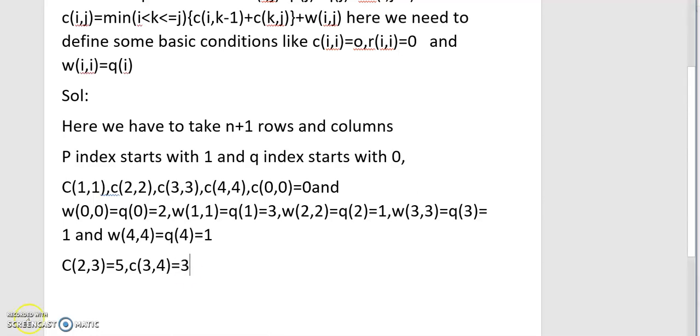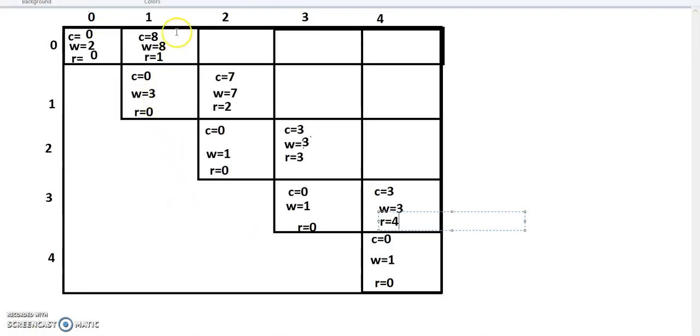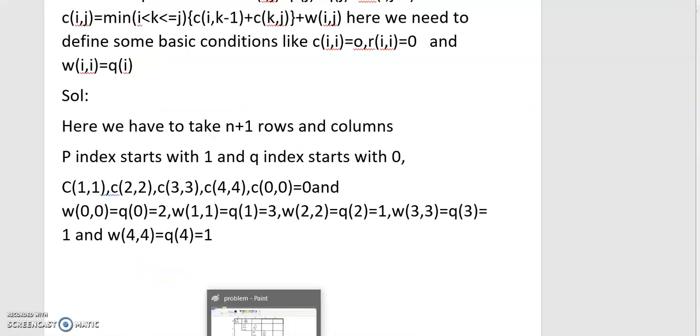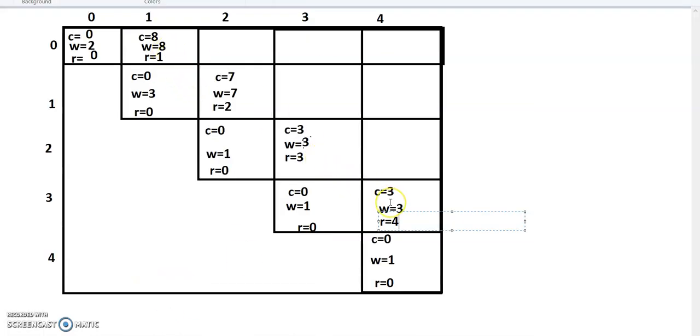Okay. So all the values 0 comma 1, 1 comma 2, 2 comma 3, 3 comma 4 are completed. Now we need to find the next values. Here the main point is, on finding these values we got only one k value, but here we will get 2 k values. So we need to perform it 2 times. That is the main difference here.